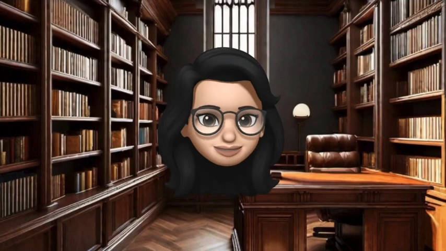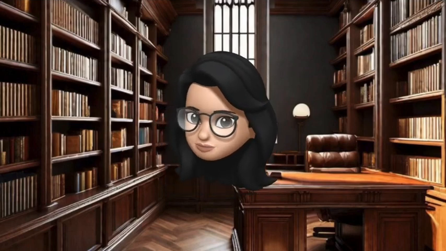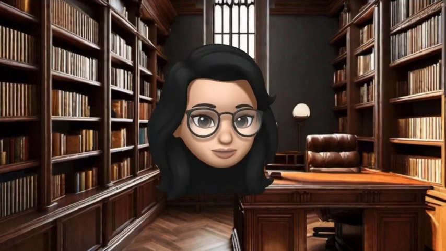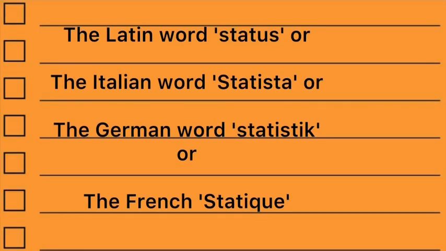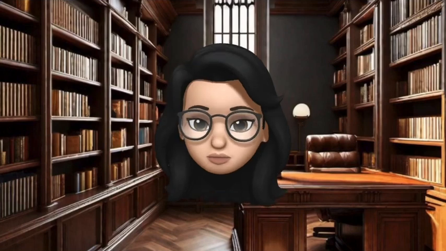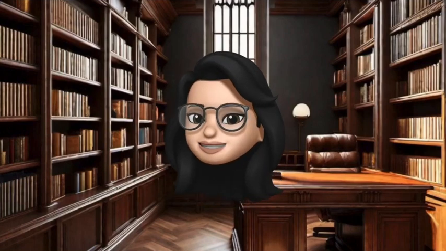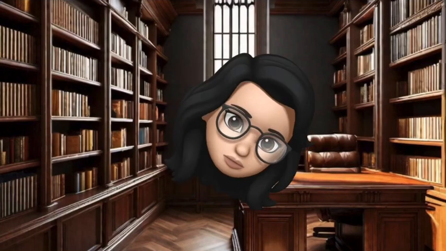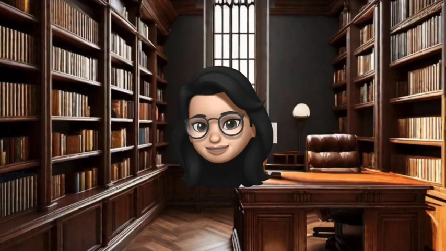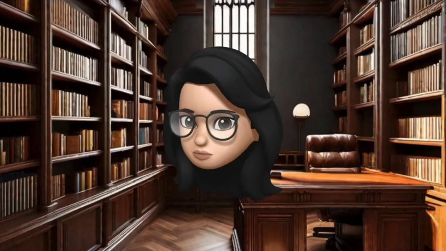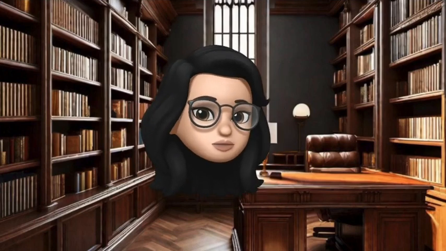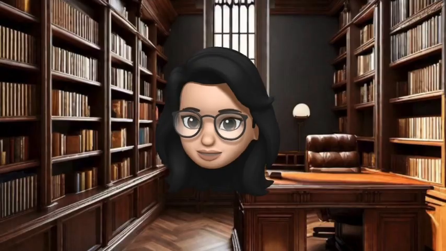So welcome to statistics. Wondering where that word came from? Well, you can say it's derived from the Latin word status, the Italian word statista, the German word statistic, or the French word statistique. Basically, we have a lot of ways of describing data. Hence, this lesson is called the statistical description of data. Genius, I know. This whole chapter is just theory. So let's zoom through it really quick and we can do some sums relating to this chapter in the next.